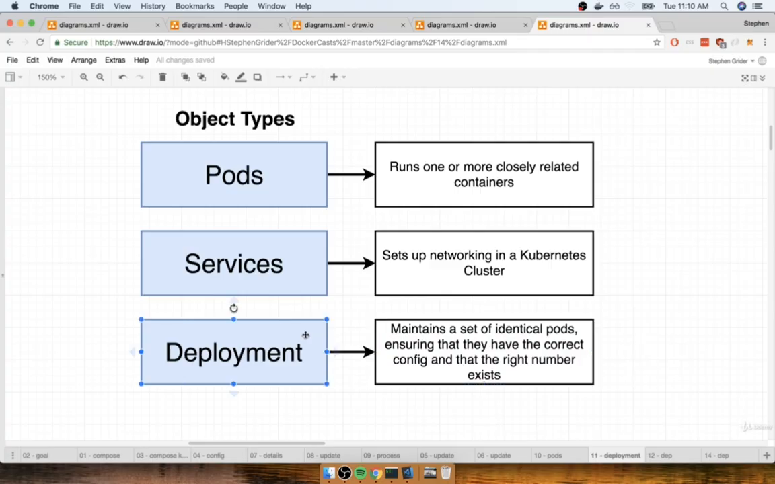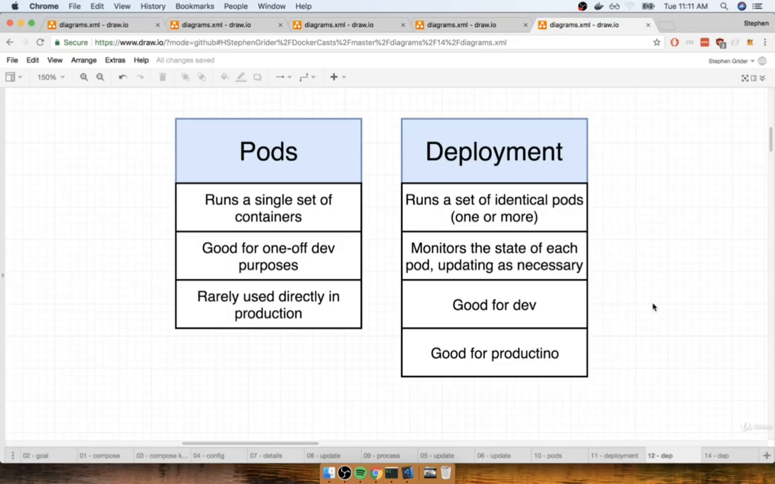Now, a deployment is very similar in nature to a pod. Yes, I just said a deployment contains a set or maintains a set of pods, but at the end of the day, we can use either deployments or pods with Kubernetes to run containers for our application. So let's compare and contrast some of the differences between pods and deployments. So with the pod, we're running a single set of very closely related containers. Remember, in a pod, we're only going to stick in multiple containers if they have very tight integration with each other. In reality, pods are only used in a development environment